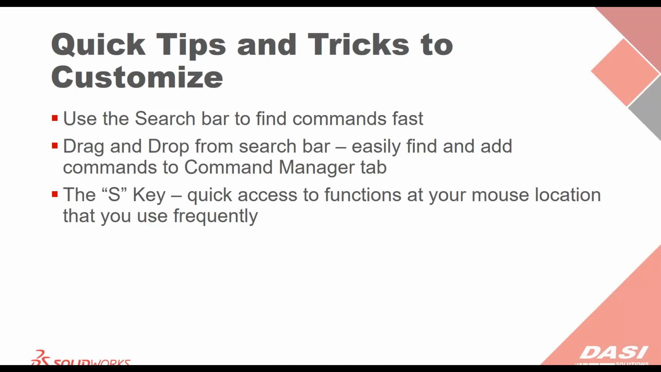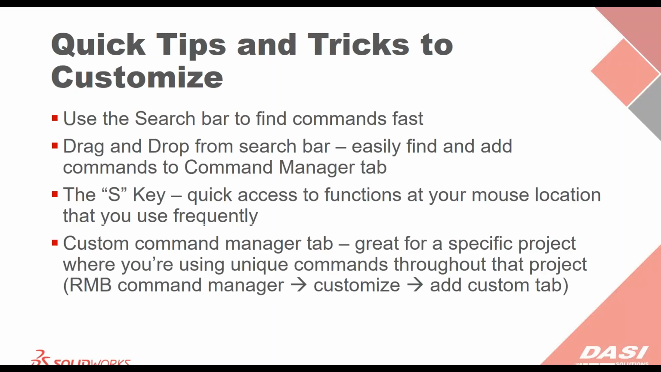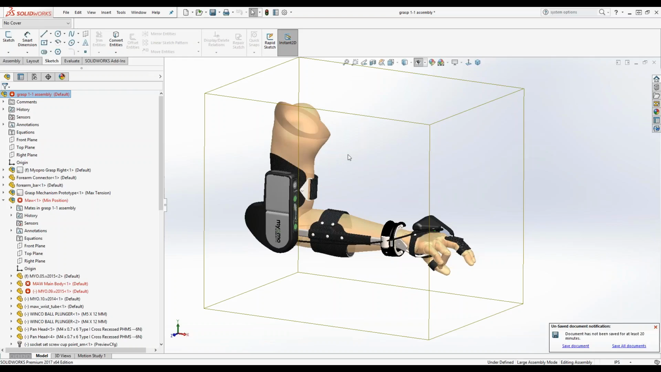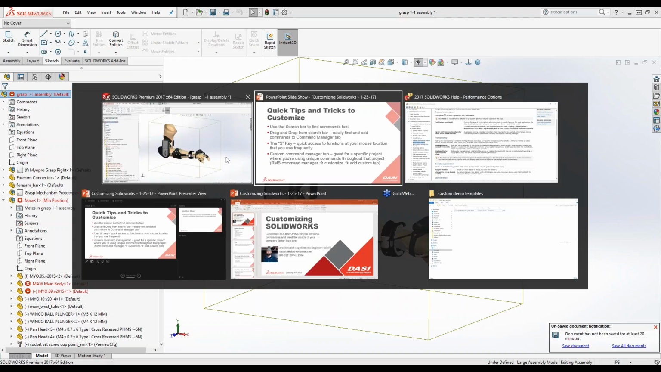Then the S key, we talked about that a little bit, quick access to functions at your mouse location that you use very frequently. And then customizing the command manager tab, which I also showed, so that's great for a specific product, using unique commands throughout that project. Same thing, just go into the customize box and add a custom tab there. The one I will show is the search function. So let me jump into